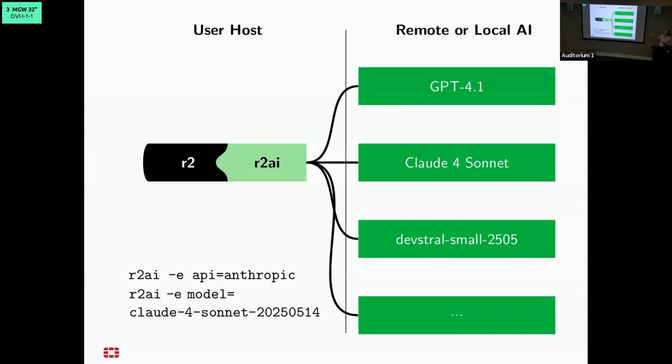Okay, so it's not tied to a given LLM. If you want to use it with GPT, you can. If you want to use it with Anthropic Claude, you can. If you want to use it with Mistral, you can, whatever. And actually, I presented this like 2 weeks ago at another conference, and I had to update the slide because in 2 weeks it's changed. This one has been out on June the 25th, something like that. And it works straight away with r2ai as long as the API hasn't changed too much. Most of the time it works straight away and you can use the model.